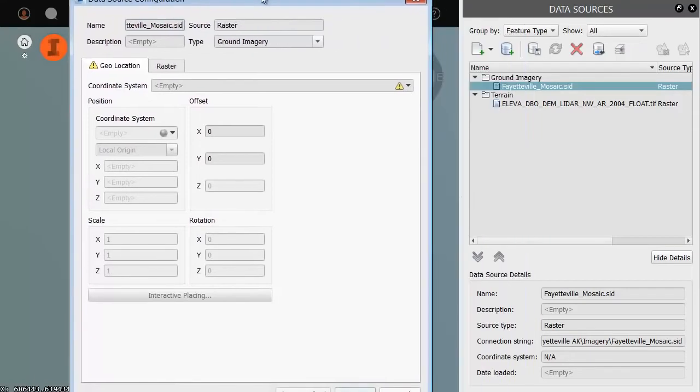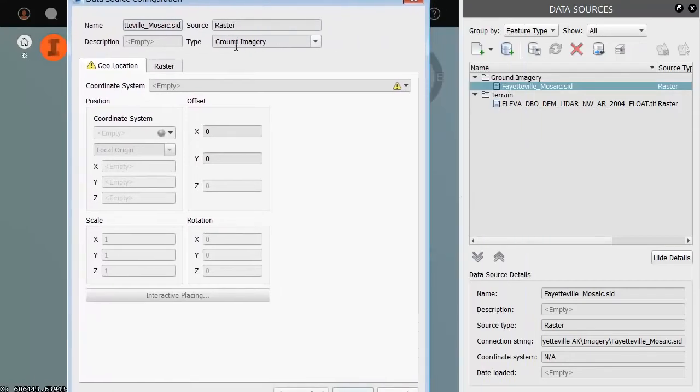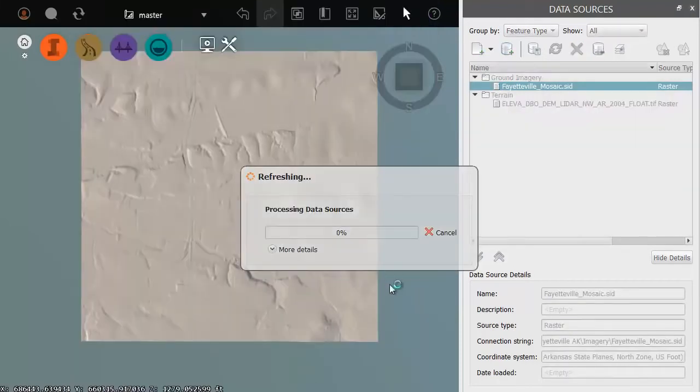We'll make this a little easier to see. InfraWorks recognizes this is ground imagery. The coordinate system was not in this file, so I'm going to choose the coordinate system that I exported that data to. It happens to be Arkansas and 883 North Foot. Let me choose Close and Refresh. Same as before, InfraWorks is now incorporating this MrSID image into the SQLite database, and in just a moment we will see the aerial photography mapped on top